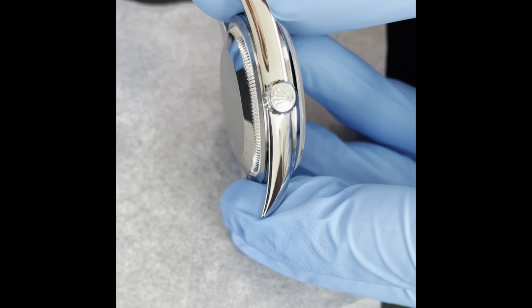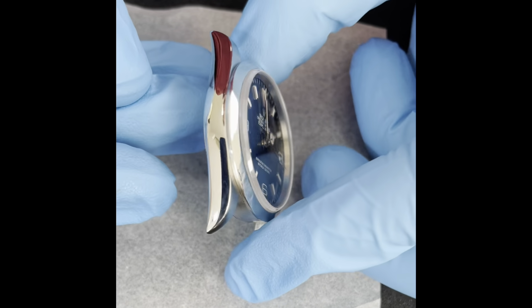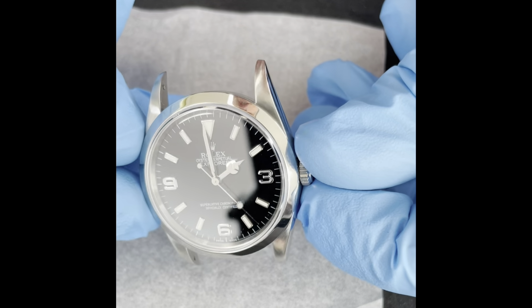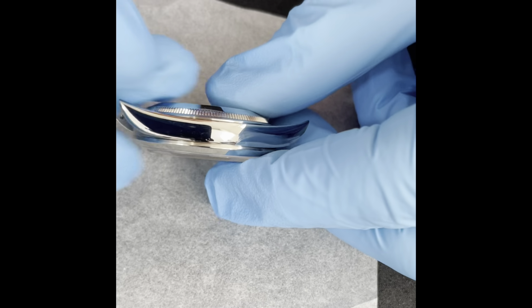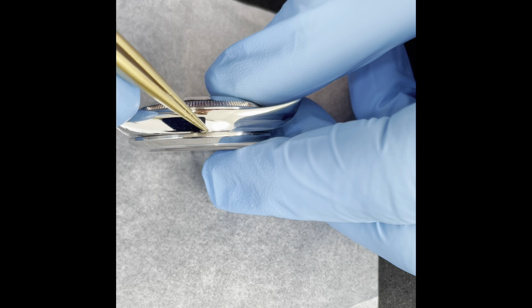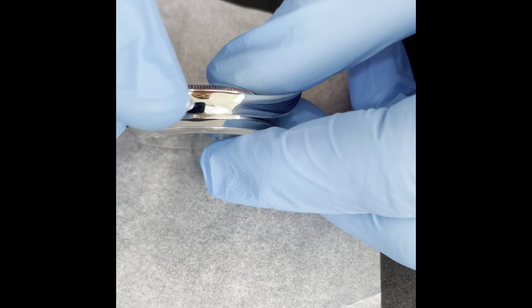So you might have noticed that the case is a little shinier than it was before. We have given it a quick case polish, gotten the worst of the dents out, try and keep it light, not go too heavy on it. I tried my best to keep all the original details. For example, you can see in the shine here, I got a tiny bit of a notch under there, and to get 100%, I would need to get a micro welder. I'm not quite there yet, but